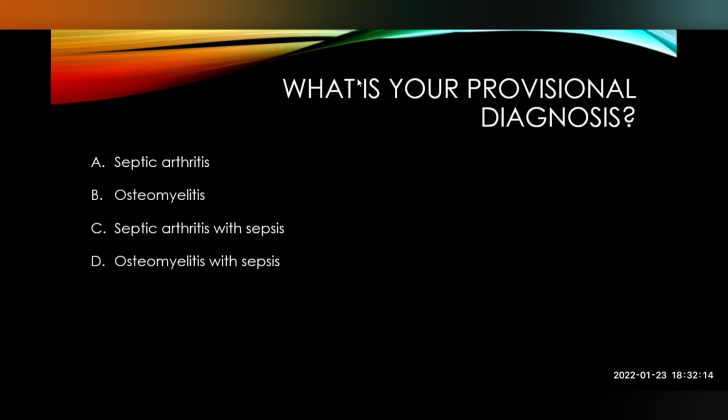So what will be your provisional diagnosis when a patient is coming in this scenario? I'll be starting this poll. I request all of you to respond to it. Yes, most of you have got it correct. This is a case of septic arthritis with sepsis. Septic arthritis, as we all know, because the patient had a red swollen ankle joint, and also why sepsis? Because the patient was in hypotension and he had features suggestive of other